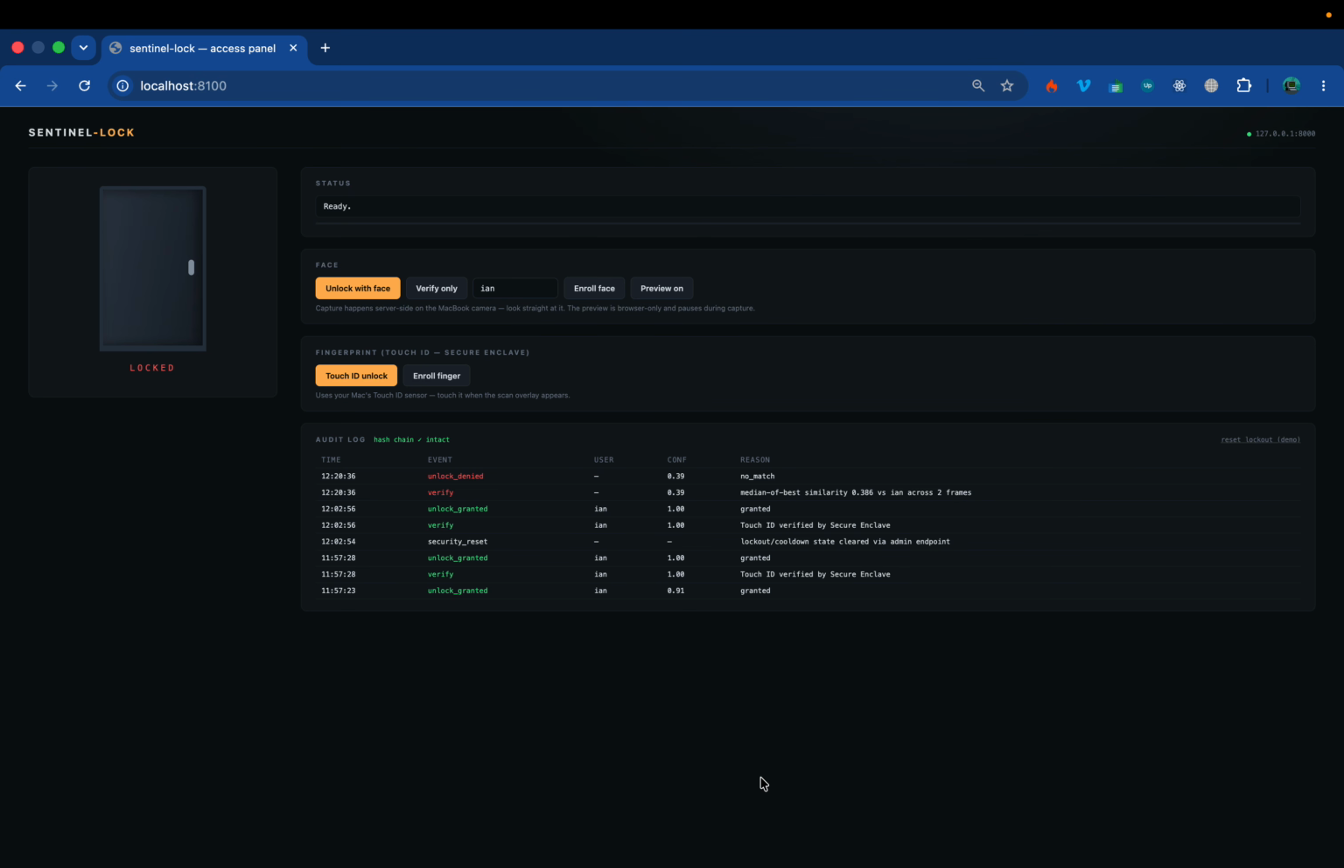So today I'm going to be walking you through another system I've created. Essentially, it's a facial recognition slash fingerprint scanner, and I've called it sentinel-lock. All it is, is a biometric door access system with face recognition and fingerprint auth, all written in Python. This video is a full end-to-end demo of the prototype: the enrolment, the face unlock, the touch ID, and